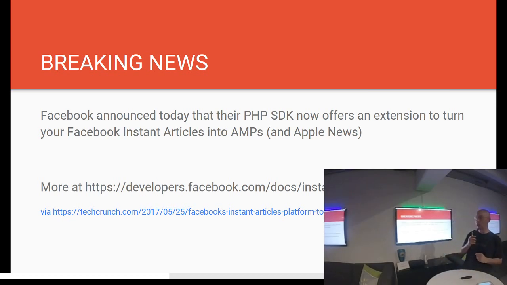Another advantage is it will also create an Apple News article for you, which is very similar to these other technologies, but I haven't played too much with Apple News. But their new SDK extension will help you write one document and convert it into two different formats, but you get three formats. And then we've got some URLs there, the news article that came out today. I had to throw this slide in at the last minute because I just saw the news today.